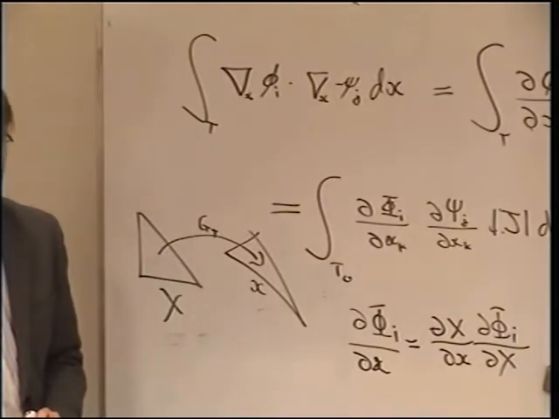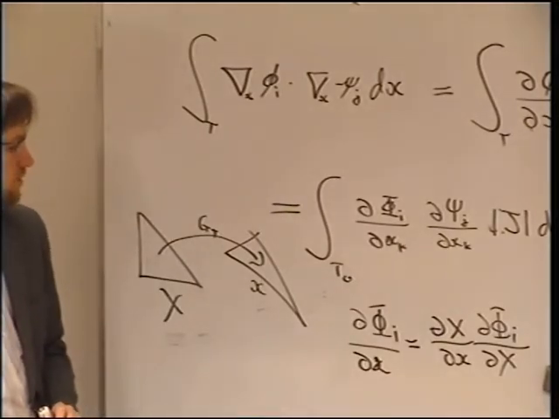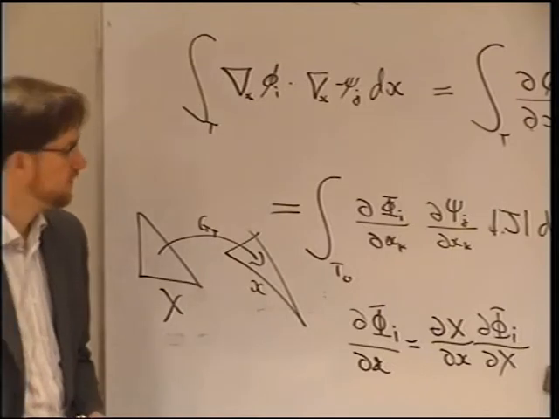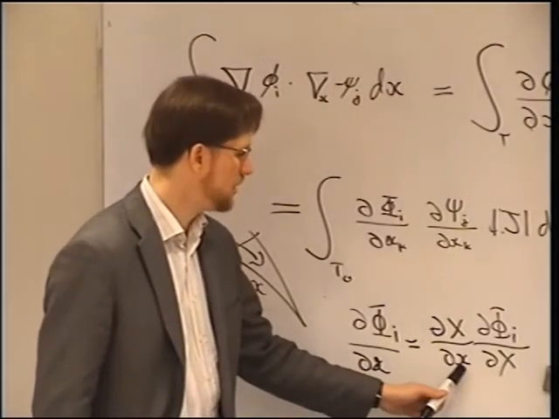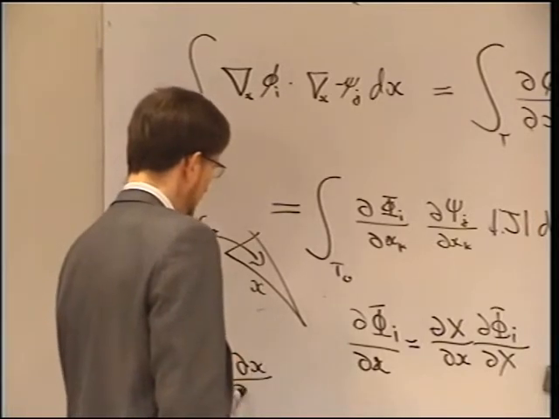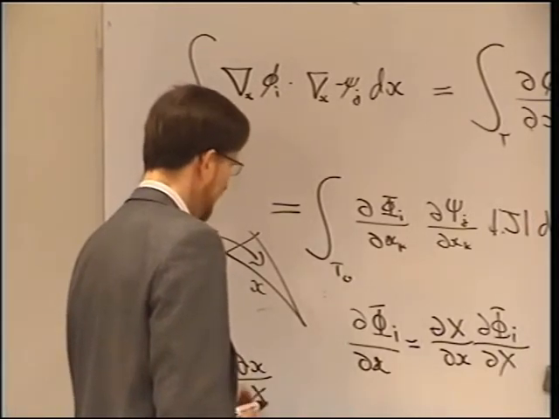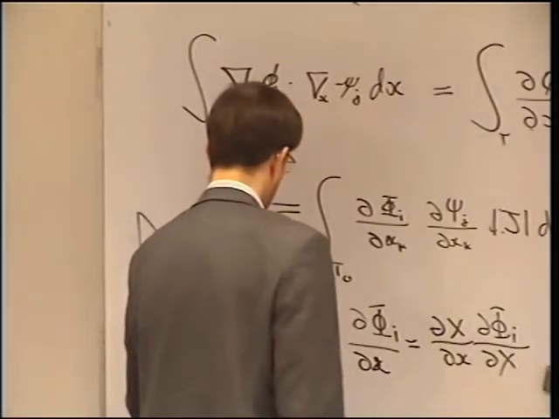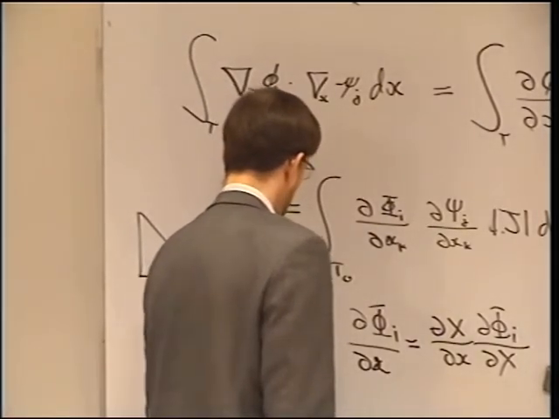Chain rule. And that's now fine. The reason it's fine is because I know d little x d big X, and I know from some undergraduate calculus